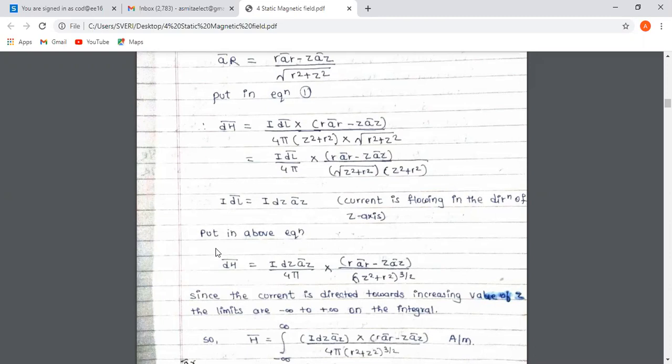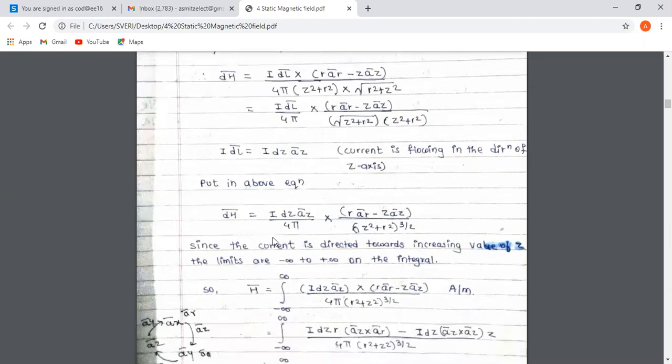and put here the value now. So dH bar is equal to I dz a bar z upon 4 pi into this term, that is r a bar r minus z a bar z. Now this term becomes